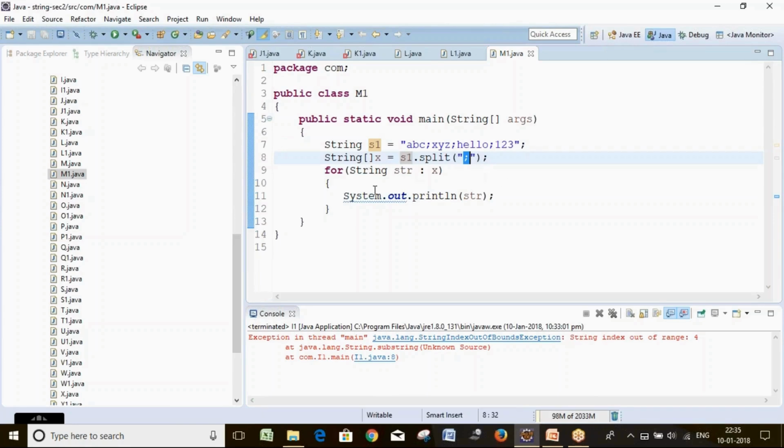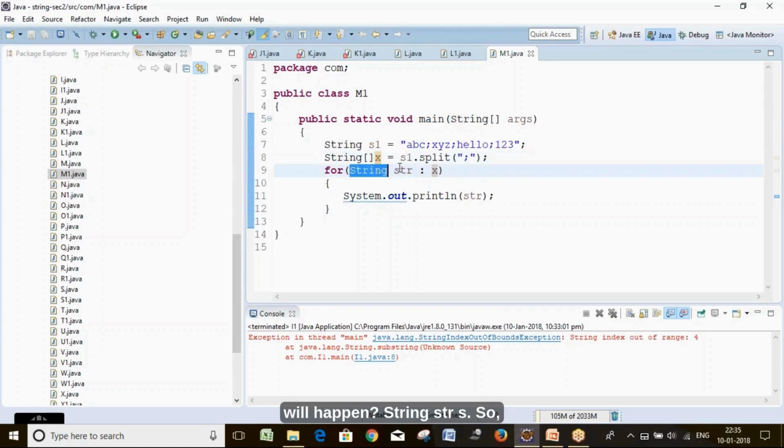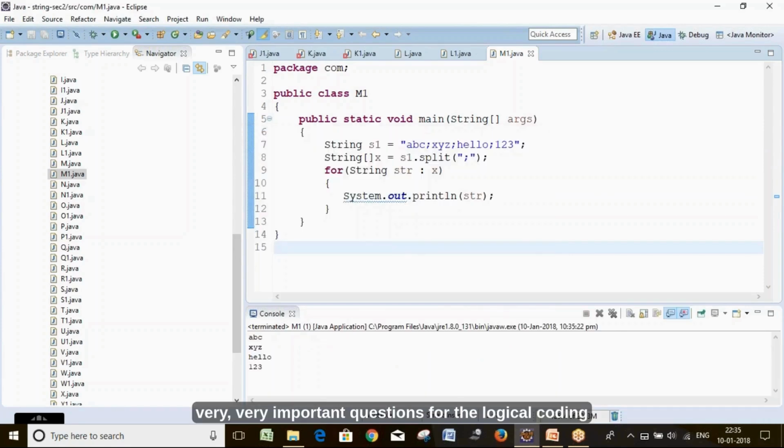Then I am printing this array so I can see where it is split. It is a very important question for logical coding also. "abc;xyz;hello;123", wherever the semicolon is there, our string is split.